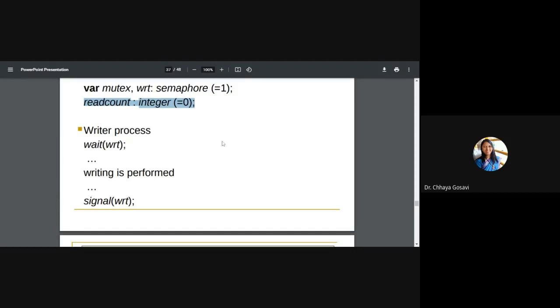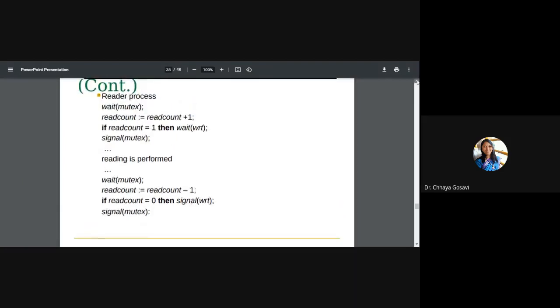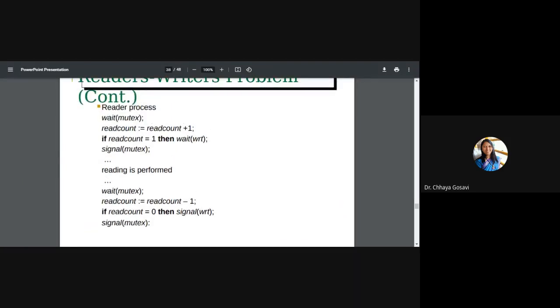First we'll see the reader process. What will the reader do? The reader will wait on mutex. Read count is a shared variable, and multiple readers will arrive at a time. They will increment read count, and if read count is 1, that means it is the first reader, and it will close the door for the writer.